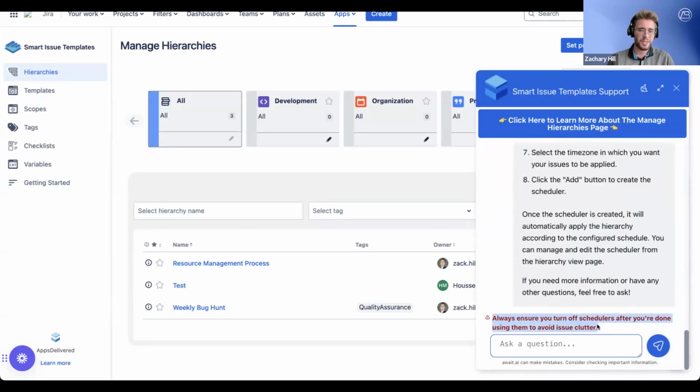So in Smartsheet templates for Jira Cloud, you can create issues on a schedule. So whether it be daily, weekly, monthly, it'll create the issues, assign them to the users, and create them in all your projects. If you leave one of these schedulers on, let's say on the daily, it's going to clog up these boards and these projects very, very quickly. We've found that if people leave the schedulers on and they don't realize it, it can create a big mess. So say in your application, hey, always ensure you turn off schedulers after you're done using them to avoid issue